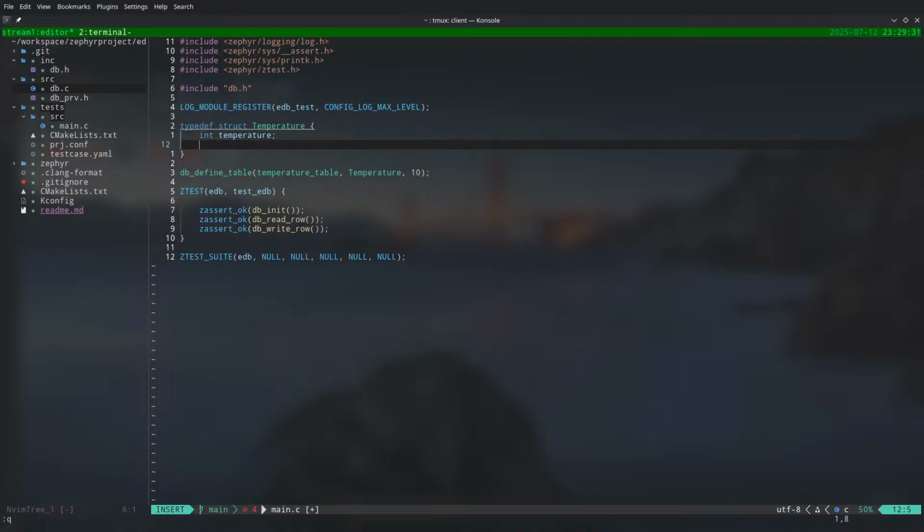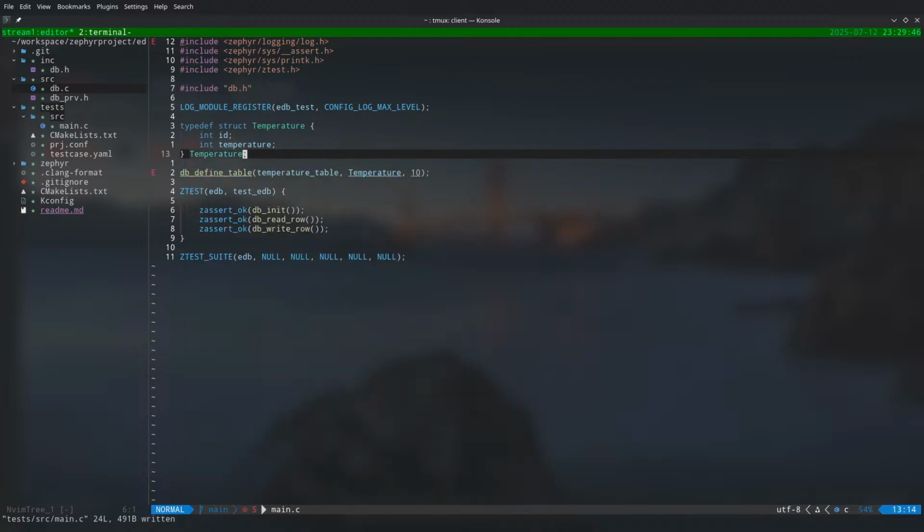I'm going to only contain integer temperatures. Current temperature, what else? Some sort of id for this answer, I think, and this should be enough for this temperature dummy data. Row type would be okay. So at this very line I'll have this temperature table, and I can